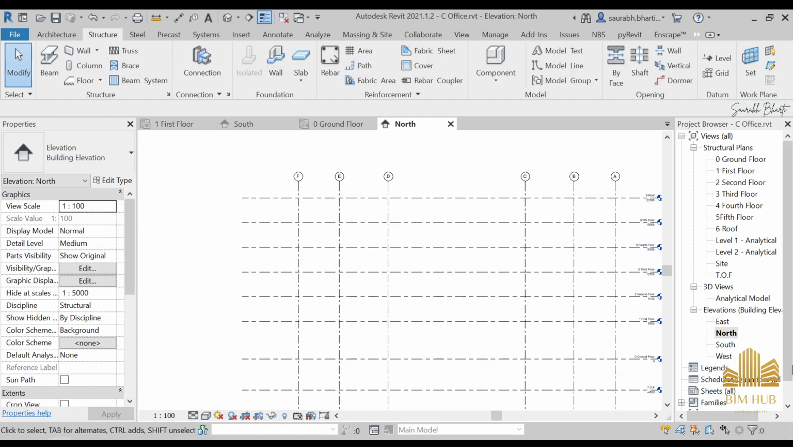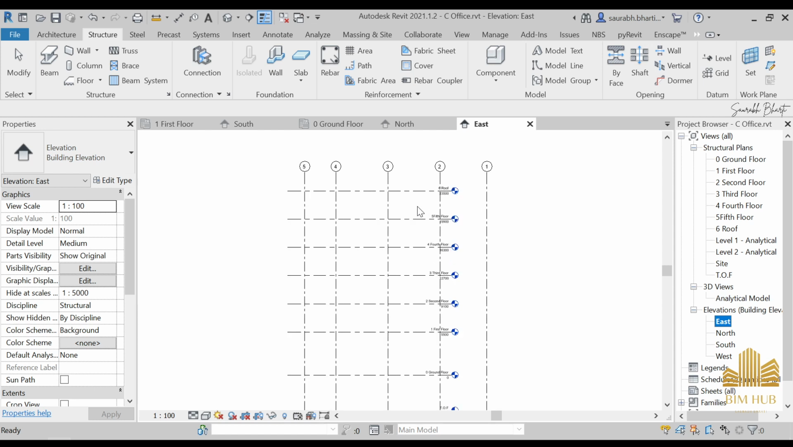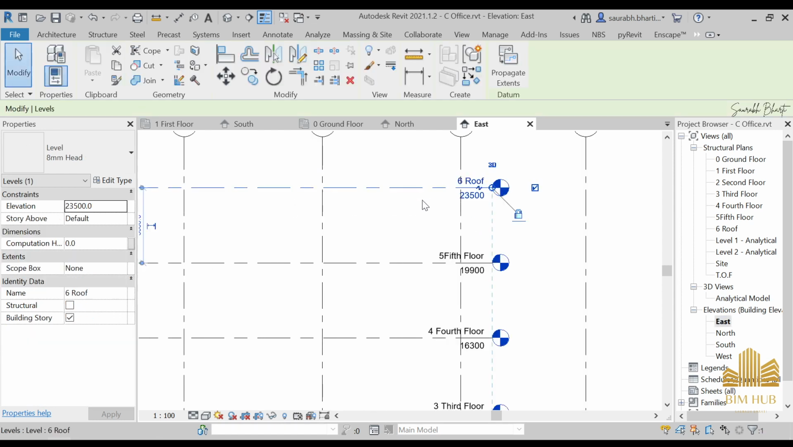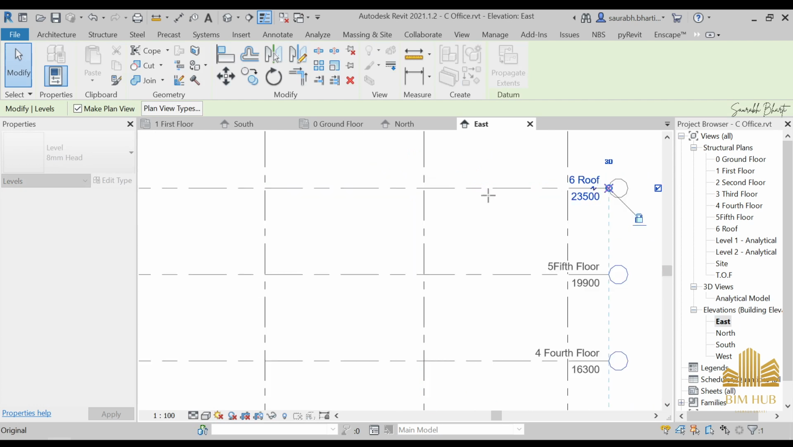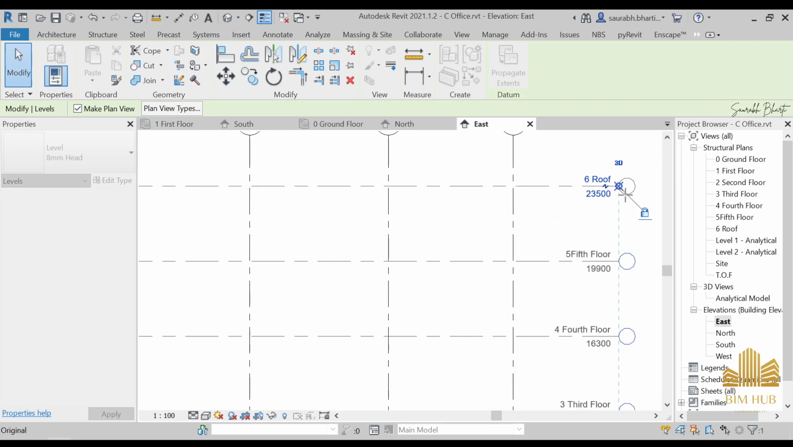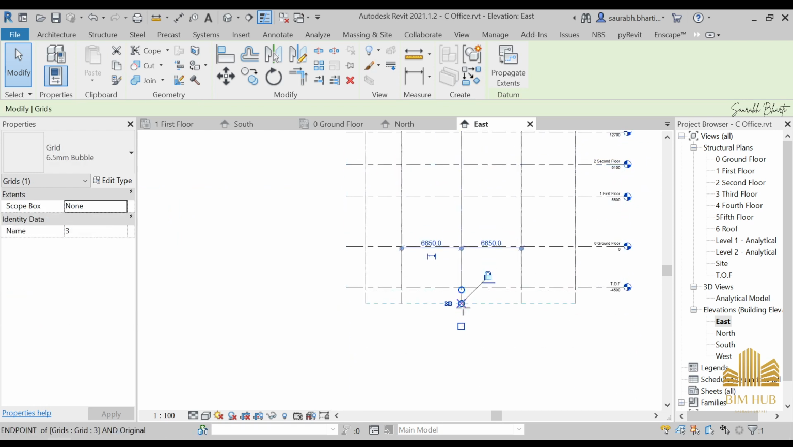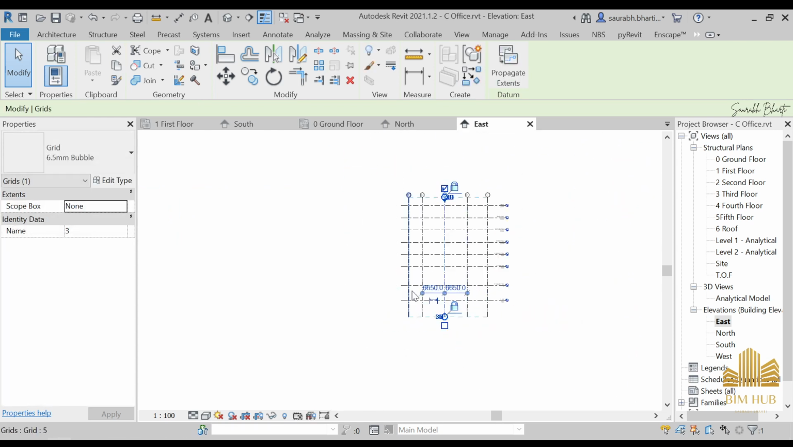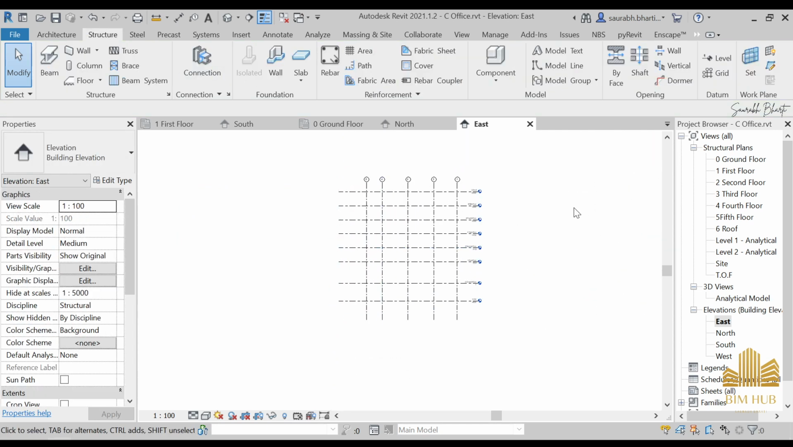Then whatever changes we made in the north view will also be visible in the south view, as you can see, but in the east view it is not visible. So in the east view we also have to make these changes. So just select any of these levels and move it to the outer side, and move this one to the outer side. And I think now we are done with this level and